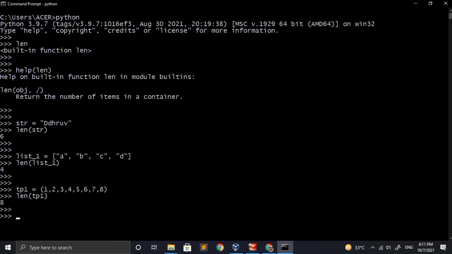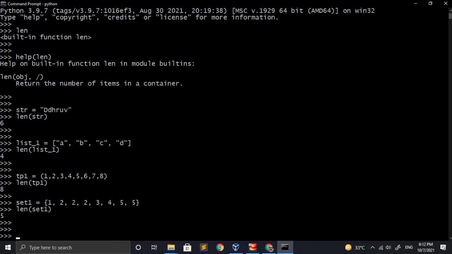Now let's apply the len function to a set. For that purpose I will quickly make a set having some values in it and will directly pass the variable to the len function. Quick question, I have made a set having a total of 8 values. What will be the output when I pass this set to the len function? Will it be 8 or something else? Do let me know in the comment section. The answer is 5 and not 8. Think over it why. If you know the answer, then do comment it in the comment section.